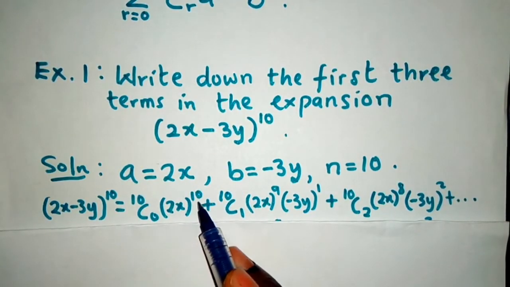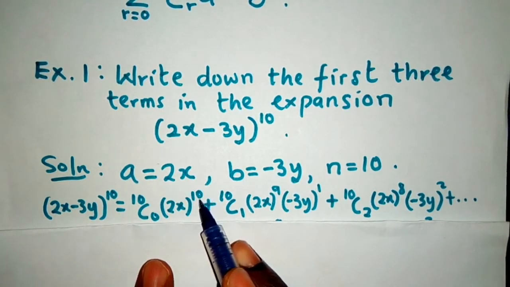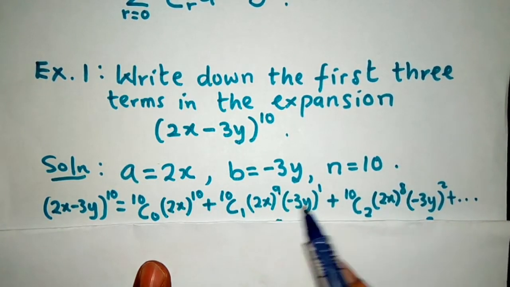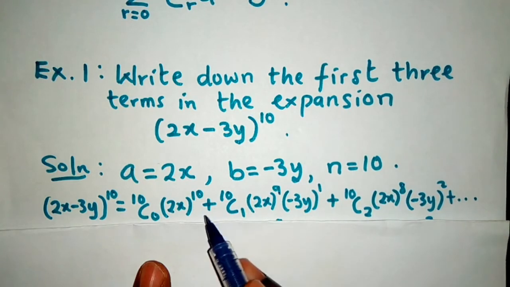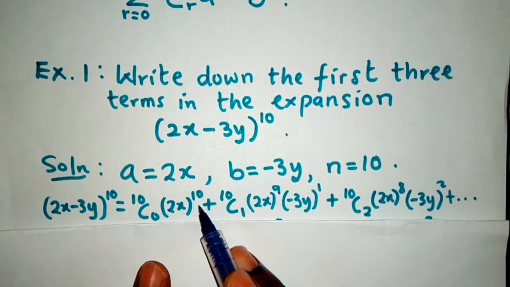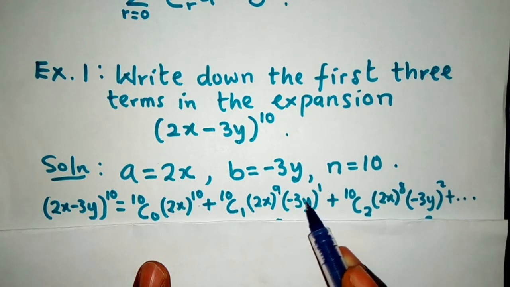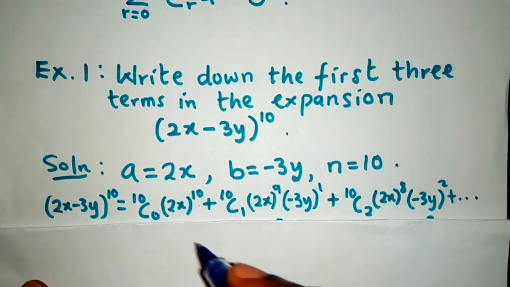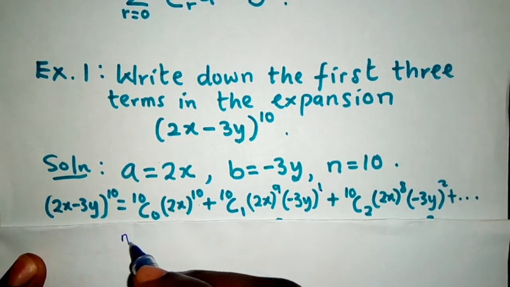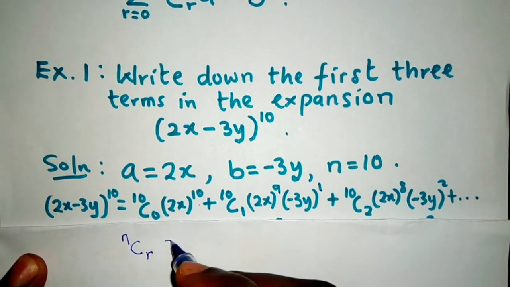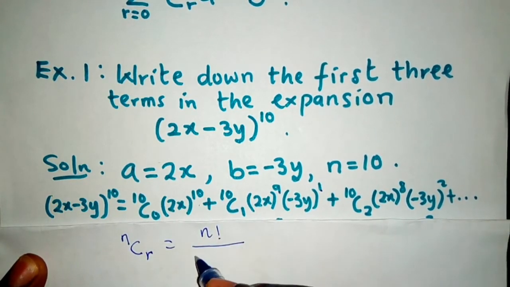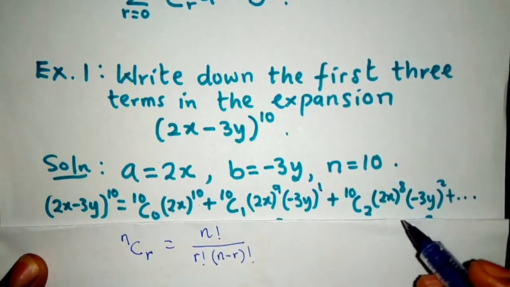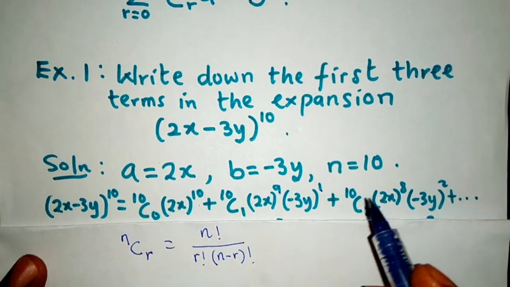Also note that as the power of a, which is 2x, is decreasing from left to right, that is from 10, 9, 8, the power of b is increasing from left to right. B is to the power of 0 here, b, which is minus 3y, to the power 1 here, and then 2 here. Now, recall that by definition, n choose r equals n factorial over r factorial times n minus r factorial. And so, 10 choose 0